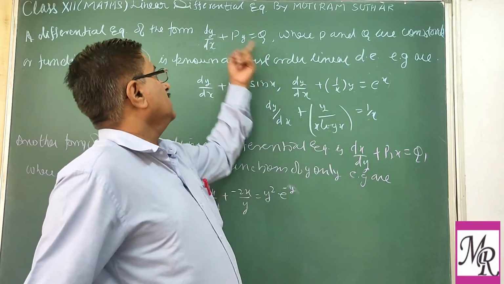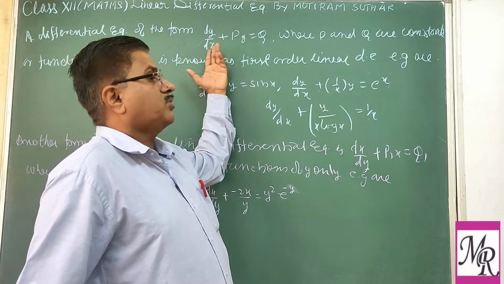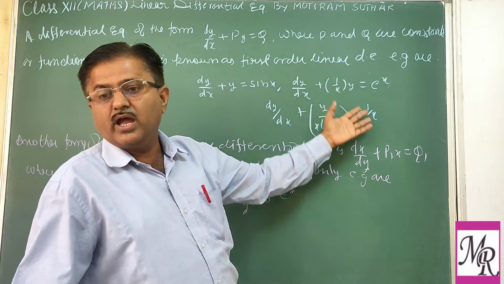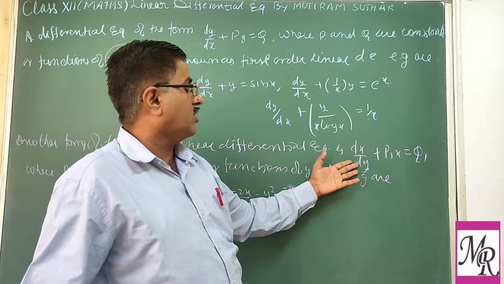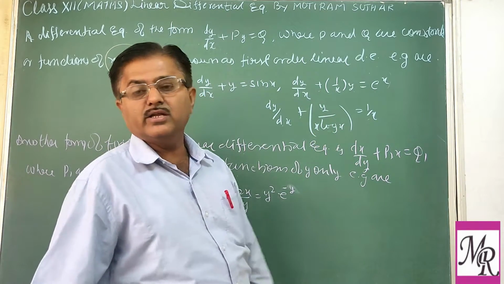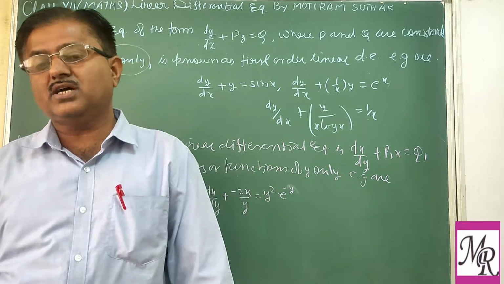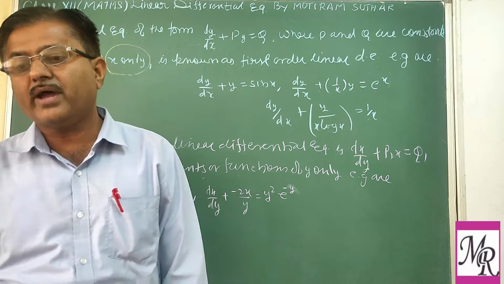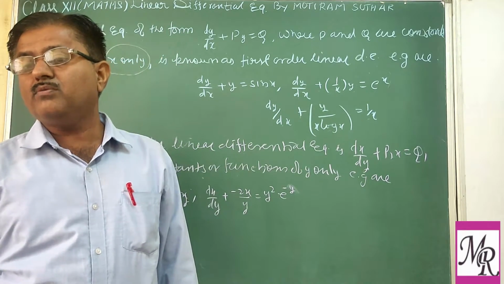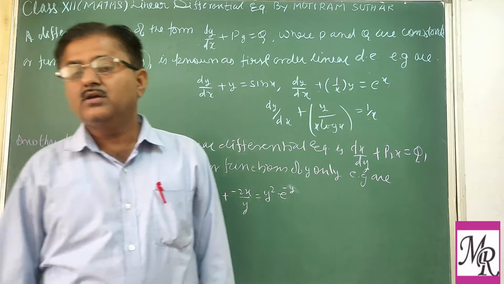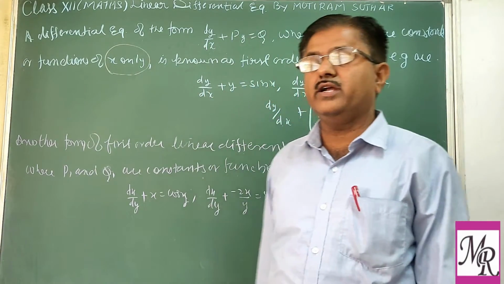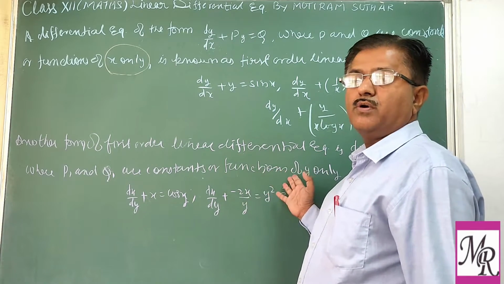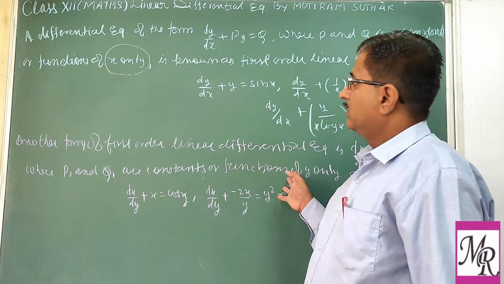So you have to see, either we can write in the dy by dx form, then that is known as the first type of linear differential equation. And if you are writing in the form of dx upon dy, then it is the second. So the important thing is, you have to see whether p and q are constants or functions of x, or in the second type, when p1 and q1, we call this the second type, they are either constants or functions of y only. Clear?